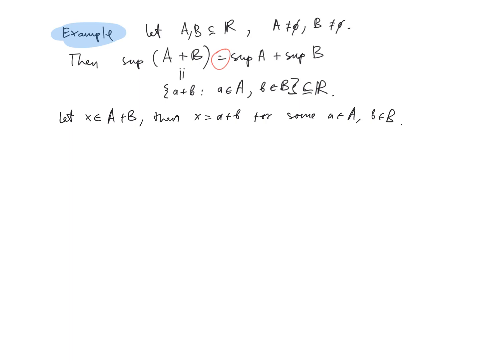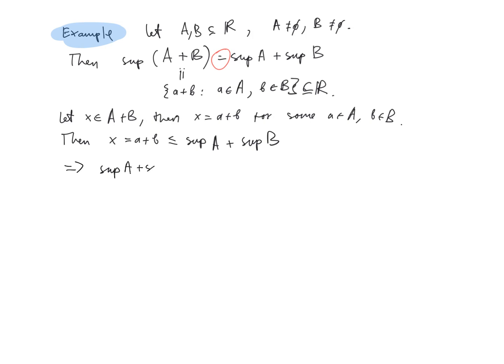Now it follows that x, which is equal to a plus b, is less or equal to the supremum of A plus the supremum of B, because we know that the supremum of A and the supremum of B provide the corresponding upper bounds for an arbitrary element little a in the set capital A and an element b in the set capital B. As x is an arbitrary element of the set A plus B, we conclude